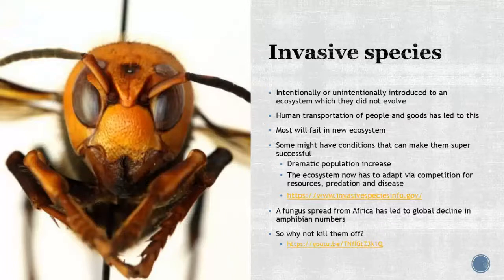Now, the last one that is brought up in this section is invasive species. These are species that were brought to an area, and ecosystems have their own way. This is my niche. These are the animals I want here, my plant diversity, and all that other stuff. Well, what happens with humans is we like to travel, and sometimes we bring things with us, and sometimes it's like, oh, that won't cause a problem, but sometimes it will.